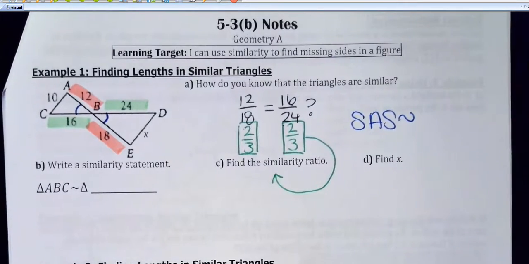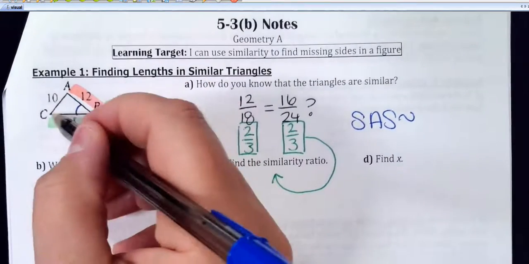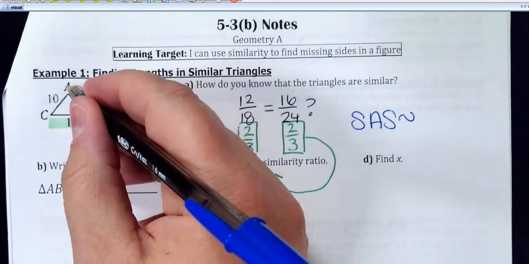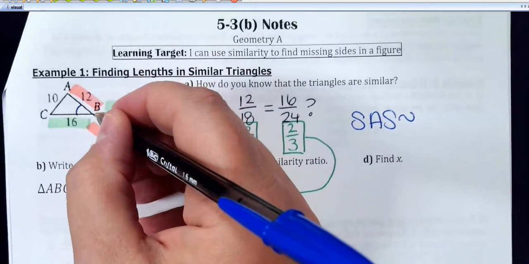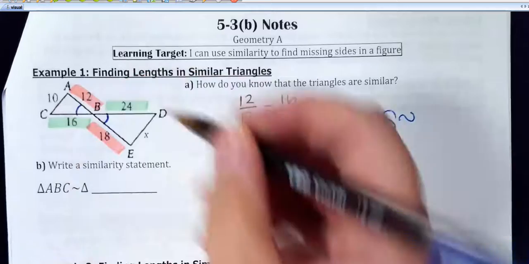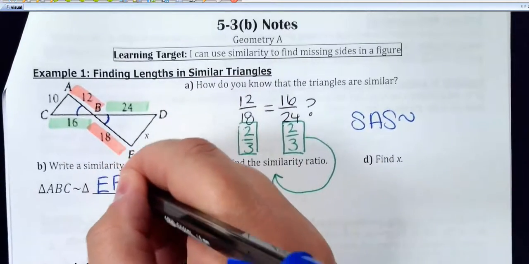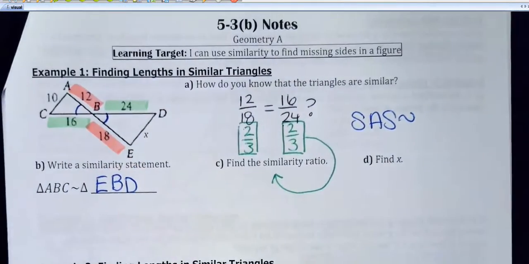If I call the first triangle ABC, this is a little bit tricky because it's twisted. So I go down my side, I colored kind of orange to the vertical angle and then the green. So I have to repeat that. So the other one I'd have to label EBD to make sure I matched up the corresponding parts. Okay, now this last part,